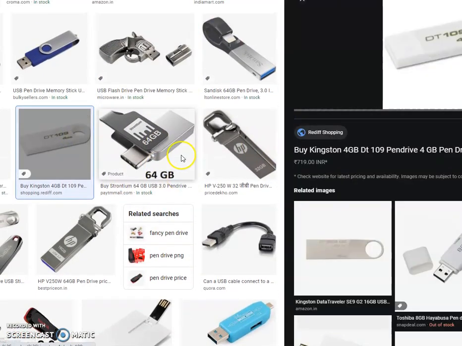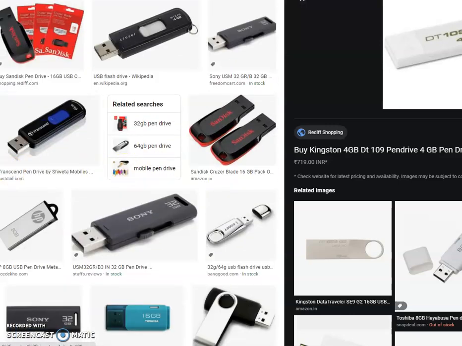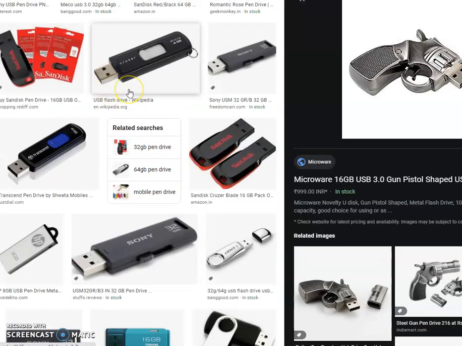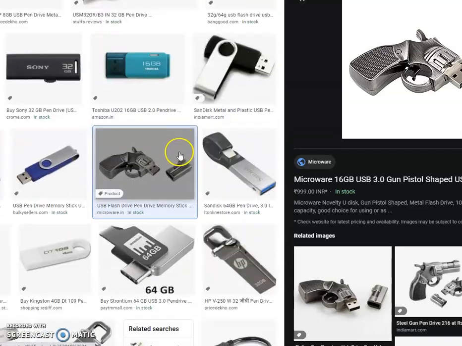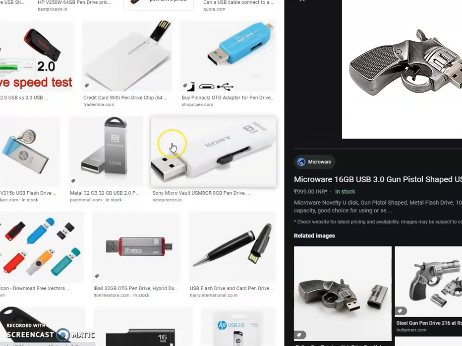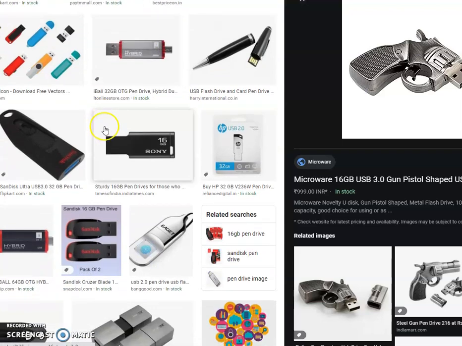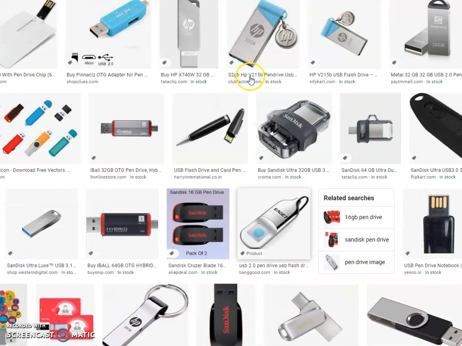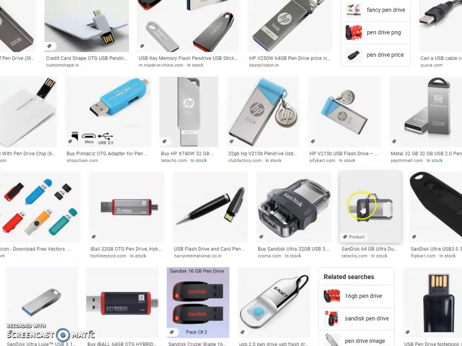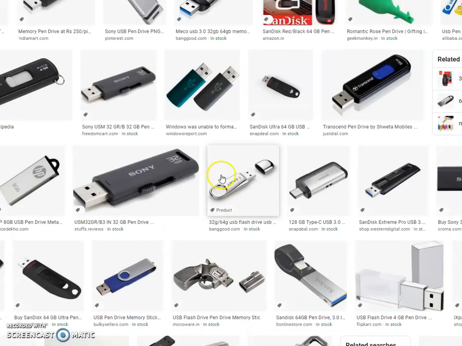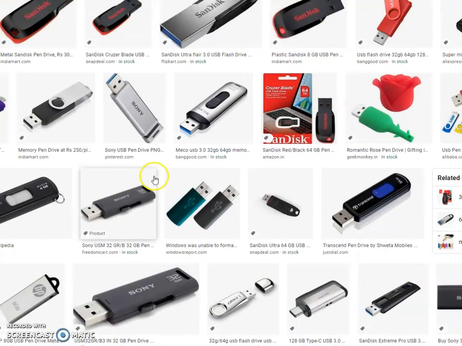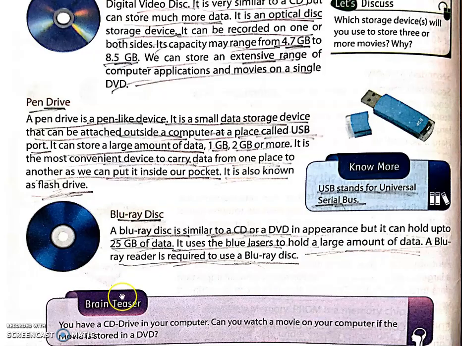And some pen drives are so tiny that you can actually put them on your fingers. So you can put it on a keychain, or you can put it on your neck, or you can put it in your pocket. So it is very convenient to carry the pen drives. That's the reason pen drives are more preferred by people these days. See, this pen drive is so tiny. It is as tiny as my thumb, or even my thumbnail actually. So this is very convenient to carry. You can put it in your pocket, or you can put it on your keys, and you can take it anywhere.